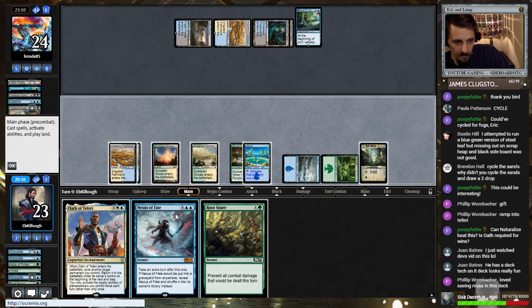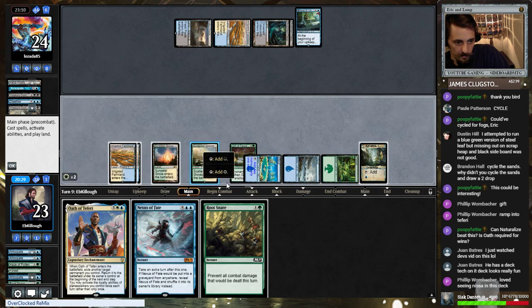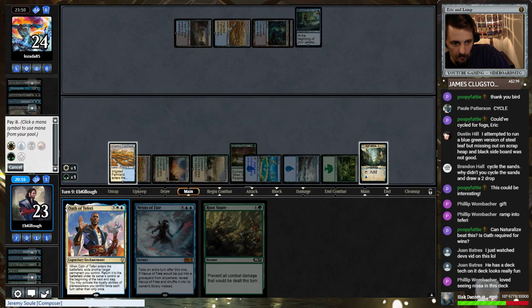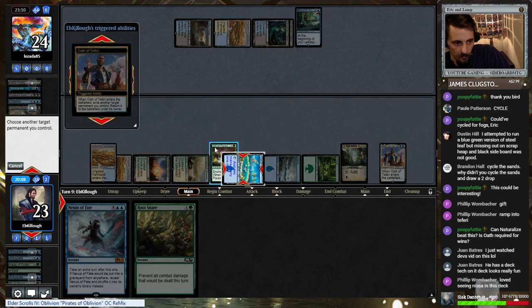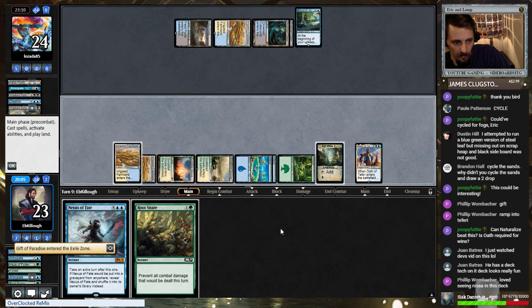Flip search for Escanta. We're gonna go double white, blue. Wait a minute. Yeah, double white, blue. Alright, there we go. And I'm just gonna play Oath. There's not a lot of value here in Oath. I'm just gonna play it. We're gonna flip the